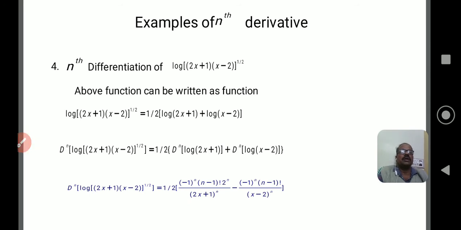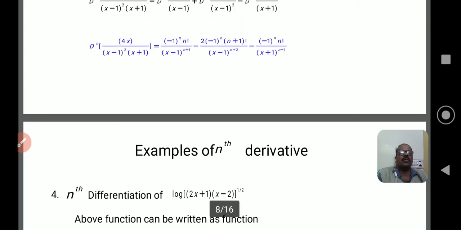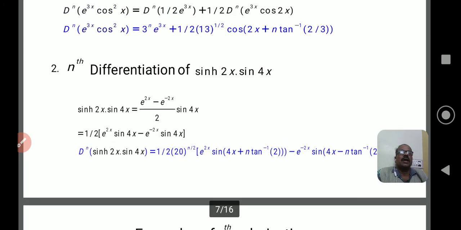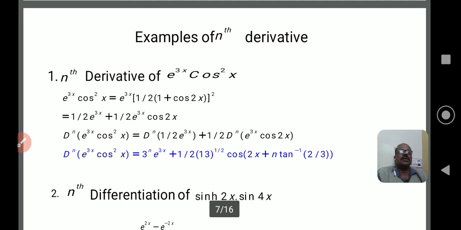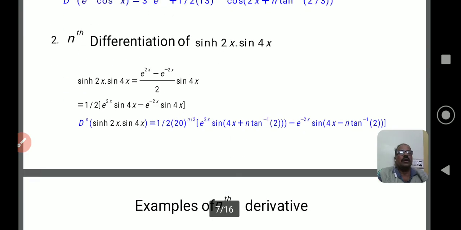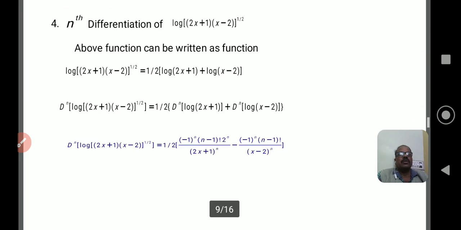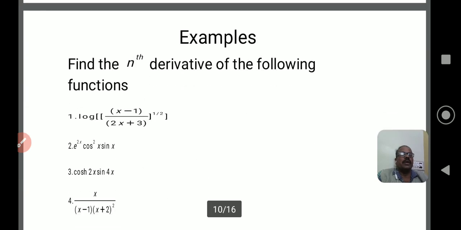We can notice this: our logarithmic function is over, proper fractions or improper fractions are over, again hyperbolic functions as well as e power 3x into it is a non-linear term. We solved this in this session. Okay, next you can observe the examples for the assignment.